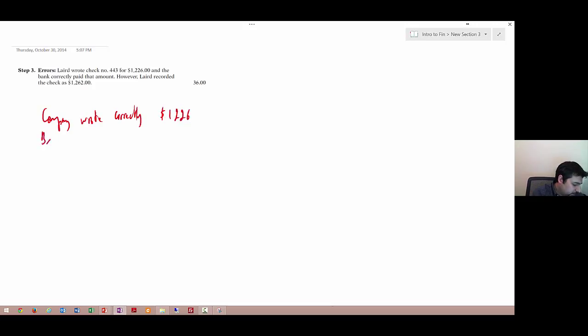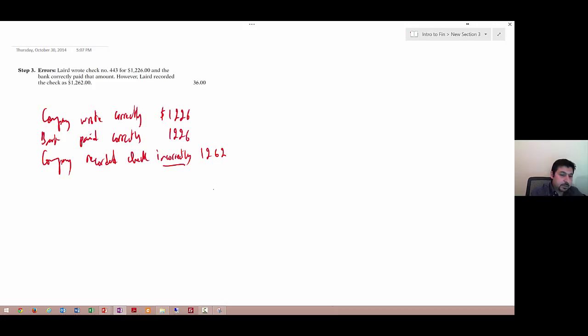The bank paid correctly the amount of 1,226. The company recorded the check incorrectly for 1,262. So when we are trying to figure out whether to add or subtract the error in the check,